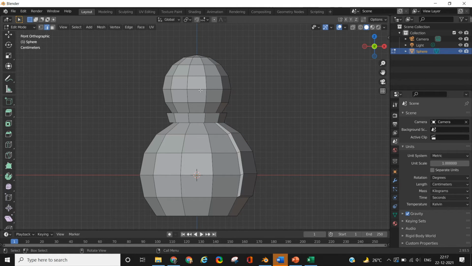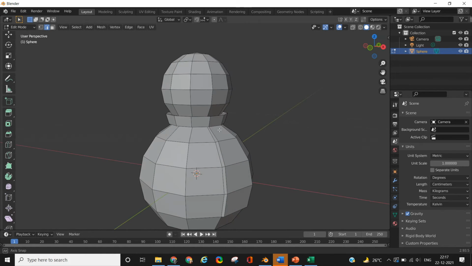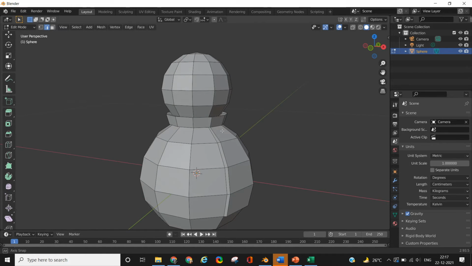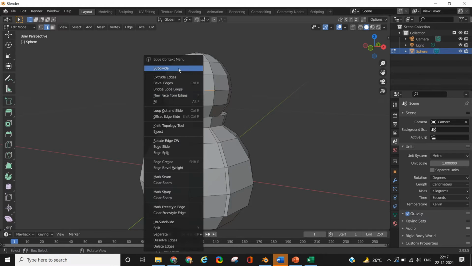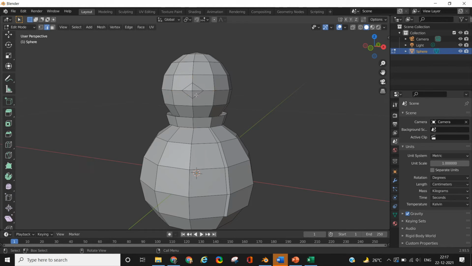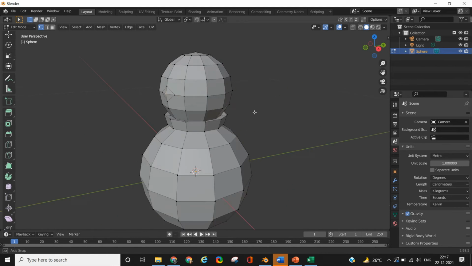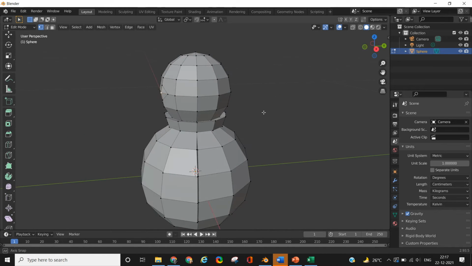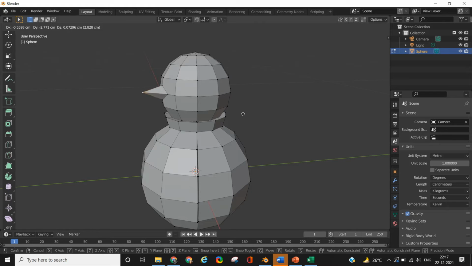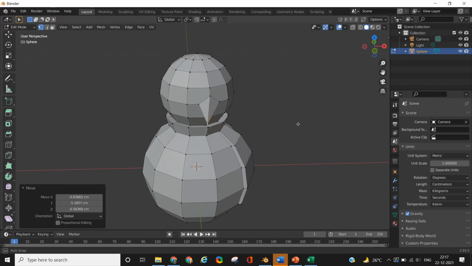In the next step, to create the nose, select a vertex on the central ring of the upper sphere, and then select all the corresponding or adjoining edges, the 4 edges that are merging on that vertex, with the help of shift and then clicking those edges. Then right click on it and select subdivide to divide those edges in half, which will automatically create a rhombus in the center. Now click the center vertex of that rhombus and then grab it by pressing G on the keyboard, and then move it outwards to create the nose structure.